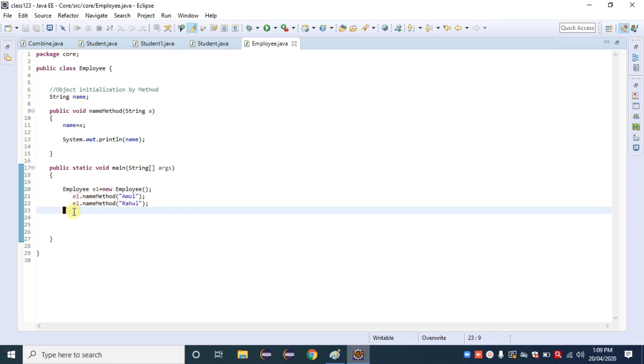I request all the participants and students, please practice on your laptop. At least create 10 to 12 Java programs for each type. The last method available is object initialization by constructor. In the next session we will learn about constructors and then utilize that concept, initialization by a constructor. Thank you.